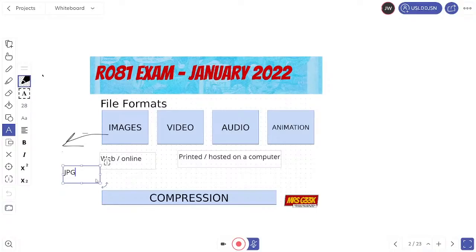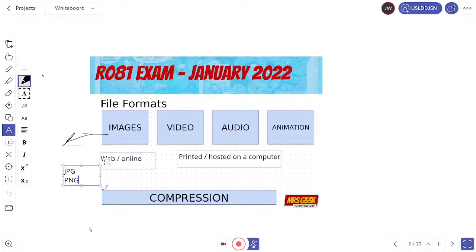You may also have one called a PNG. Now, PNGs are portable network graphics. The advantage of these over JPEGs is that they support what's known as transparency. So what that means is that the background, say for example this logo at the bottom here, can be transparent, which means that you can place it over other items. It's really good for things like logos or shapes, anything you want to put over a different background. That's the case where you might want to use a PNG instead of a JPEG. So if you're doing a logo, for example.